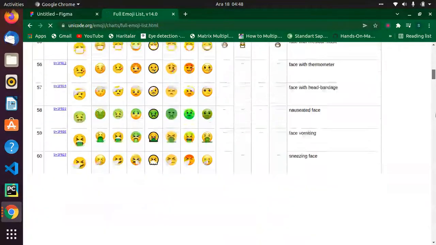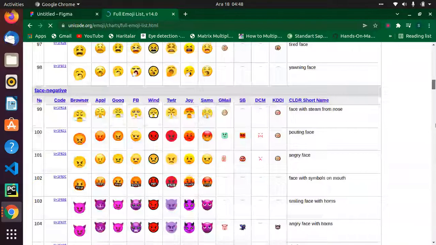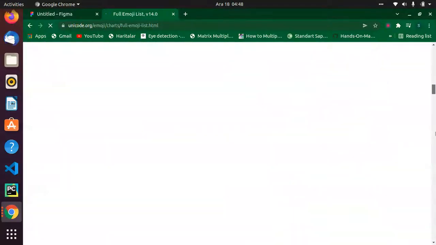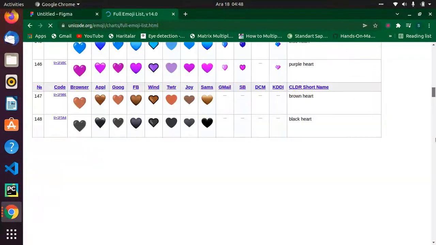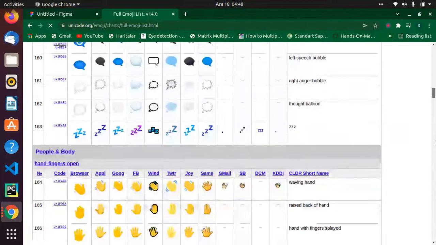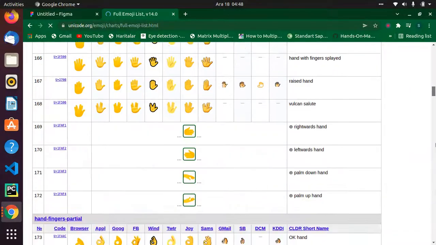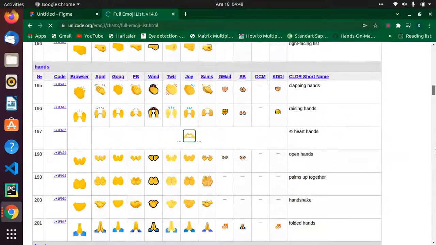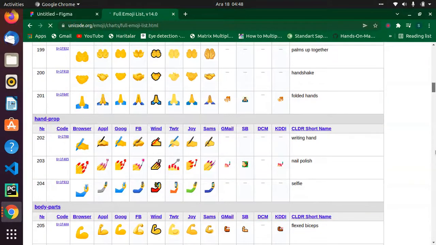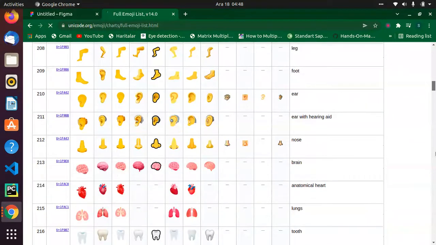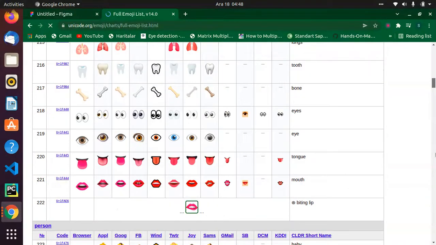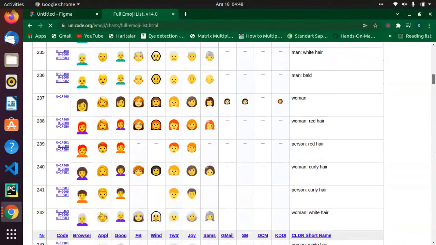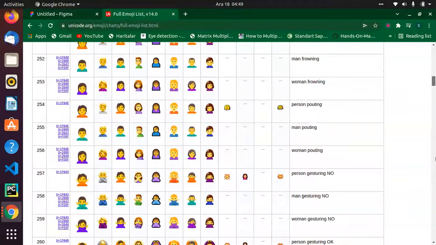Let's come down and look at what we need here. This is all in packages, and each package represents different emojis.